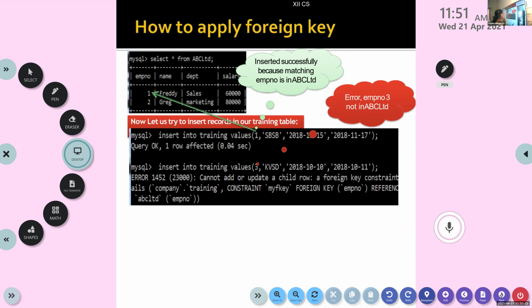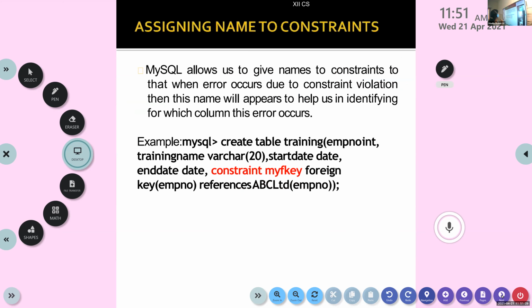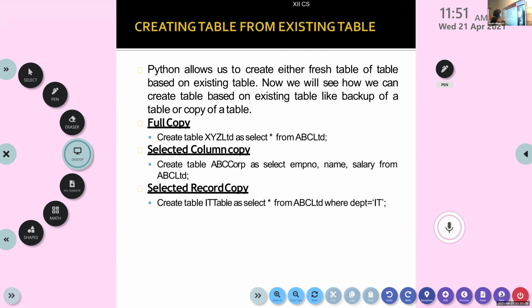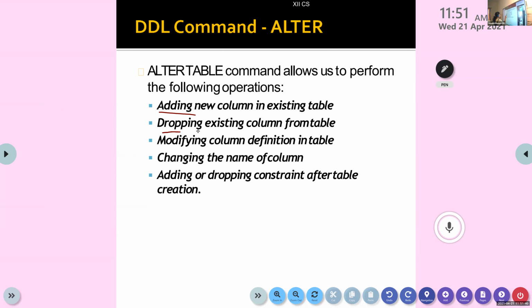You can change the column size, everything you can do. We can add a column. We can drop a column. We can modify a column. We can change the name of the column. You can even add or drop the constraints.